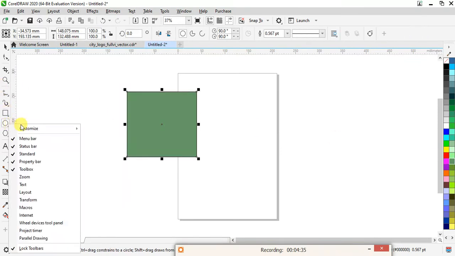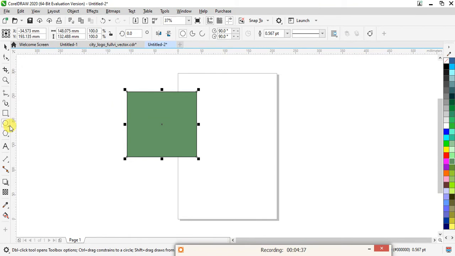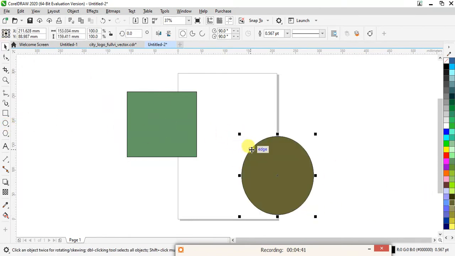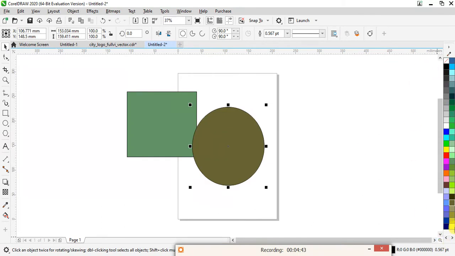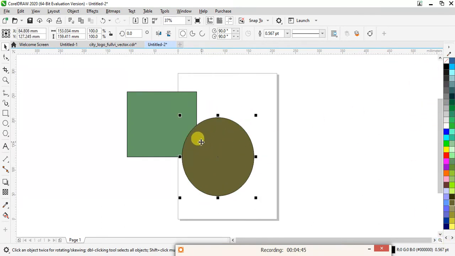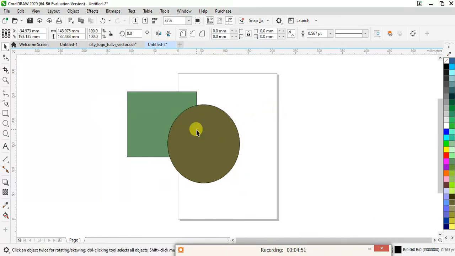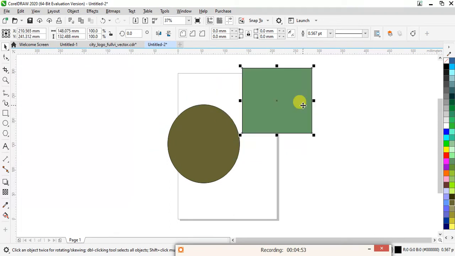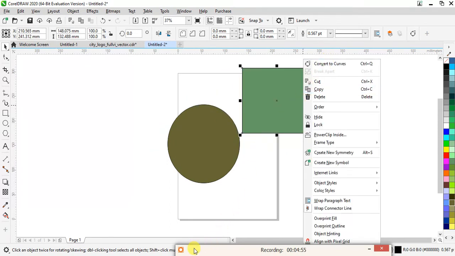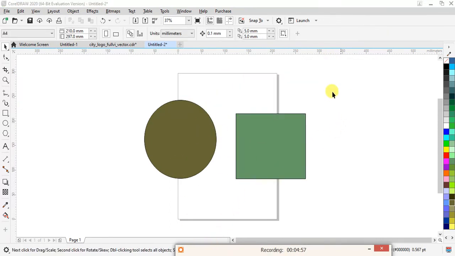To understand this, we need two or three objects. This is my RGB palette. You can also change your palette color. When you go to the pick tool, you can see I have these two objects individually.